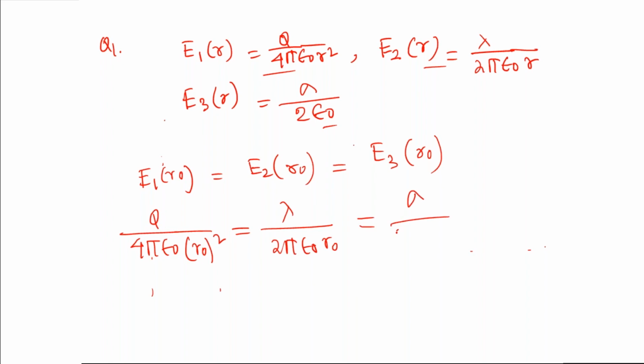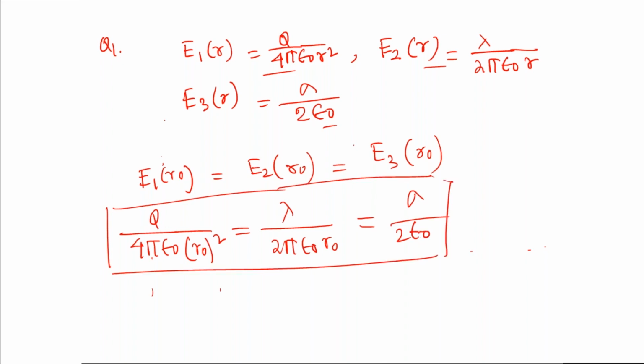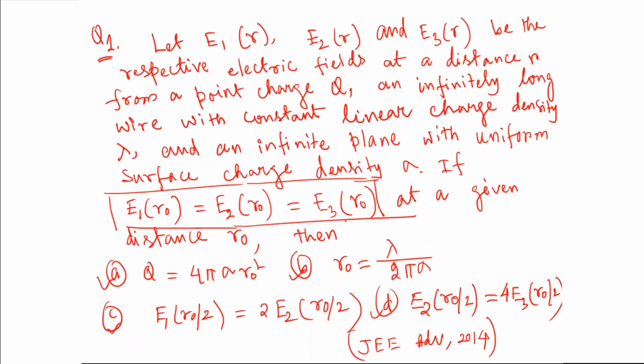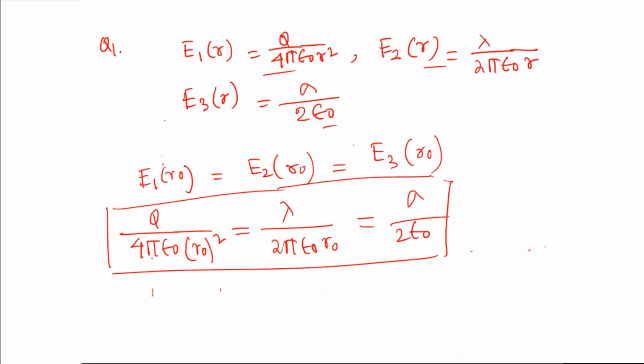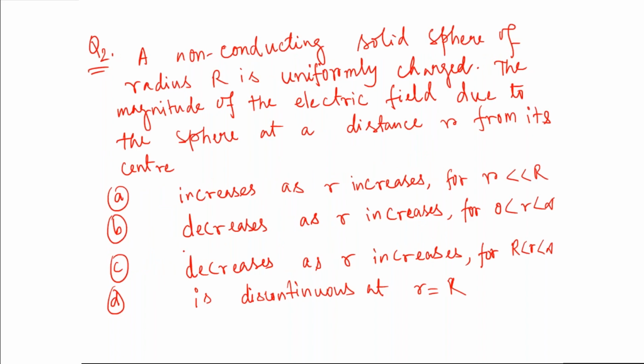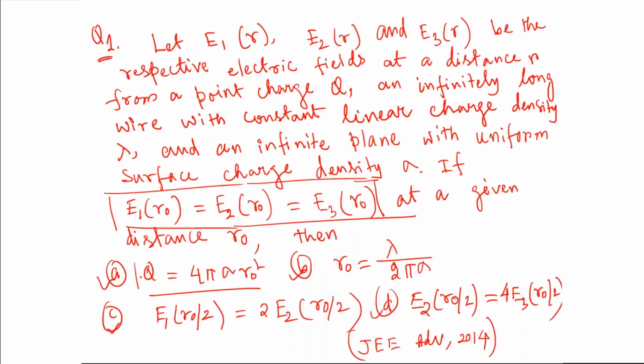Here they have given 4 pi sigma into r naught square. Let us see whether this is correct. So we'll try to find out Q in terms of sigma. Since the first option has been given, the value of capital Q in terms of sigma and R0, we'll try to find out from our given condition. So what I can write, Q is equal to 4 pi sigma R naught square,